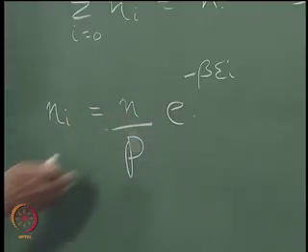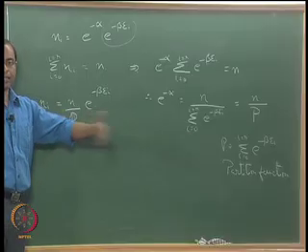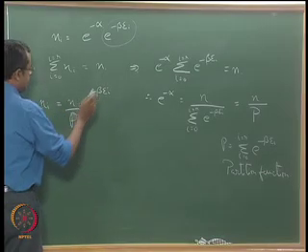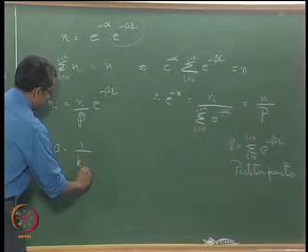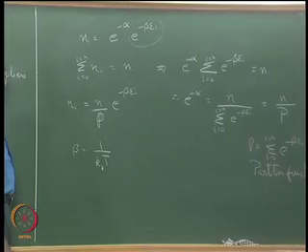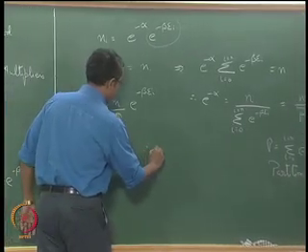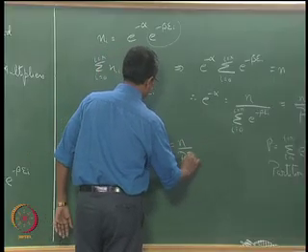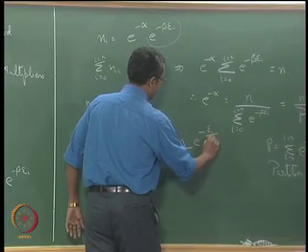So this is how you get this equation. It is called the partition function because it helps you get a sense of how the particles have been partitioned across all the energy levels. It turns out that this beta is simply 1 by kBT, where kB is the Boltzmann constant at a given temperature, so it works out to a fixed value. Therefore Ni is simply n over P times e to the power minus Ei by kBT.